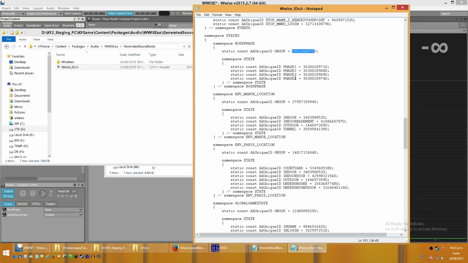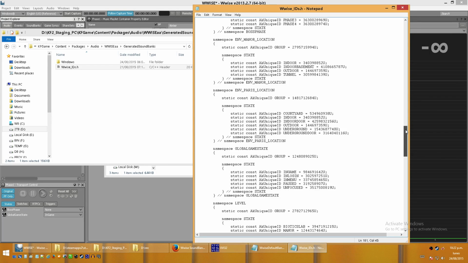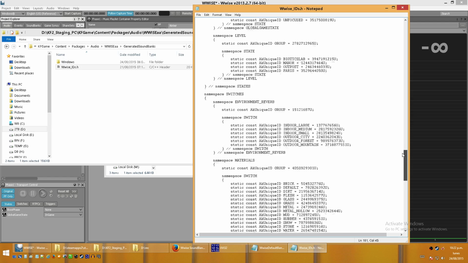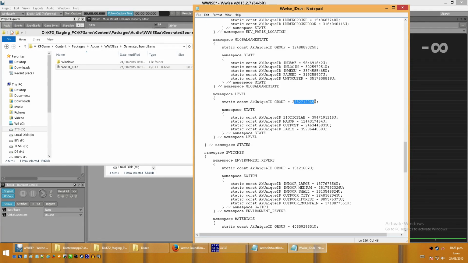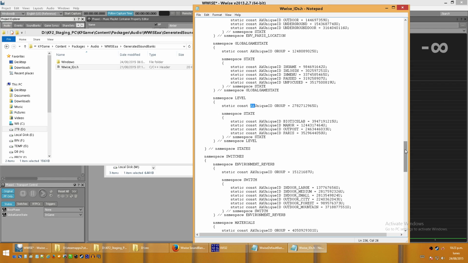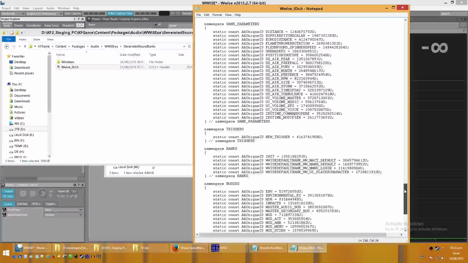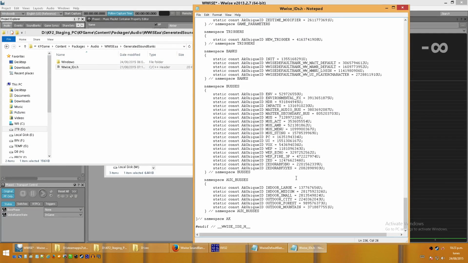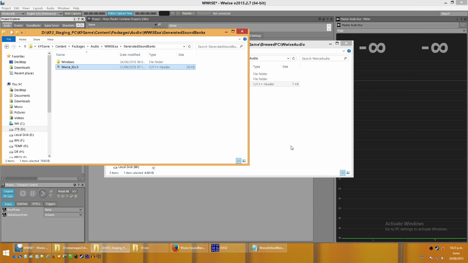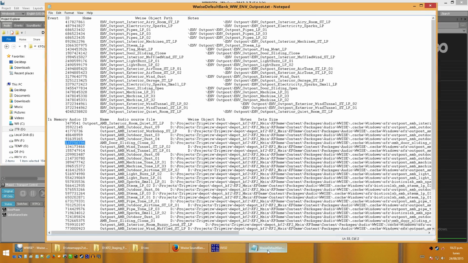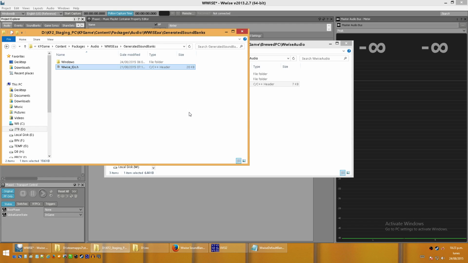Phase 1, phase 2, phase 3, phase 4. And the level. This is its ID and the ID for each of its values. Here AK is not an AK-47, it is Audiokinetic, the company that made the software. You can find the buses too here. But you won't find everything on those files. You can also get more IDs on the project